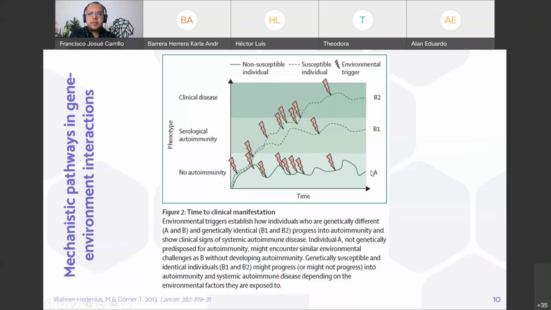For example, subject A is a non-susceptible individual, which means that his or her genetic background does not have polymorphisms of risk, or others involved in the HLA region or cytokine pathways. So if this person is continuously exposed to these environmental factors,